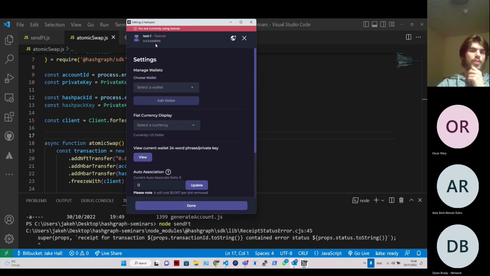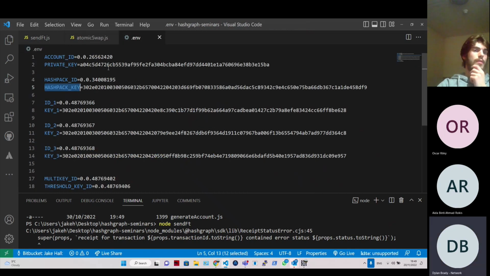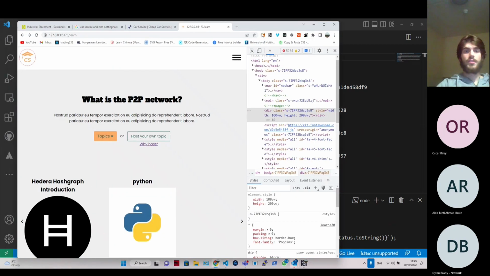Just make sure that it's the right one up here. Oh yeah, it's definitely the right one up there. It's the private key that's different. Right, but what is your account ID? The same for both? Yeah, it is. So it shouldn't be. There should be two different account IDs. If your HashPack account is correct, then it's your account ID which is incorrect. So that's your developer account. You can find that if you just log on to